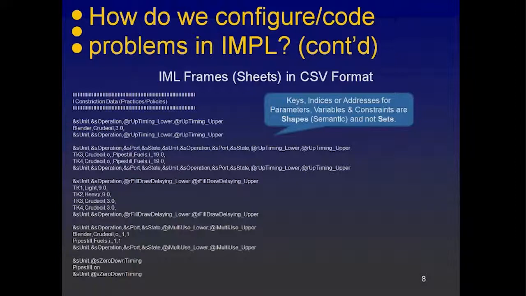And so if you have a blender, and this blender can blend some crude oil, and then you have a lower uptime of, let's say, 3 hours, then instead of having to go to the literature and figure out, gosh, how do I code up minimum run lengths, you basically here would configure it. And this is how you key it using Blender, unit operation, or unit operation port state. So you can have uptimes on basically flows between one unit operation port state to another unit operation port state,